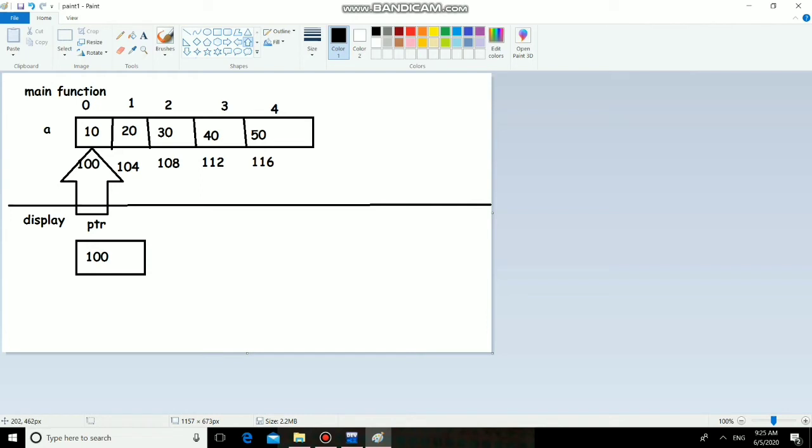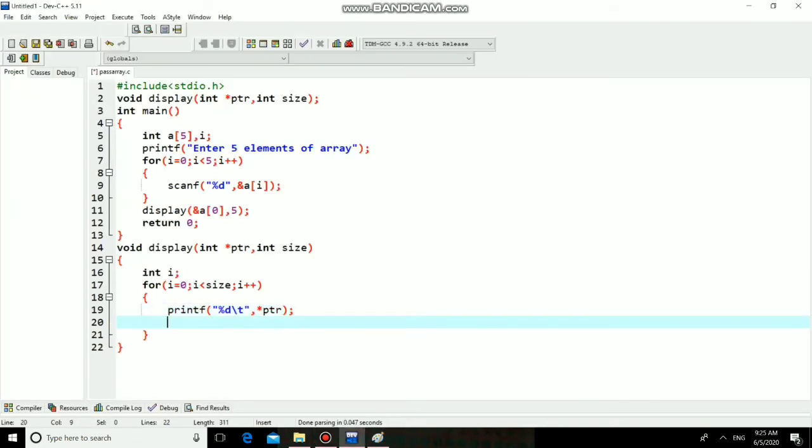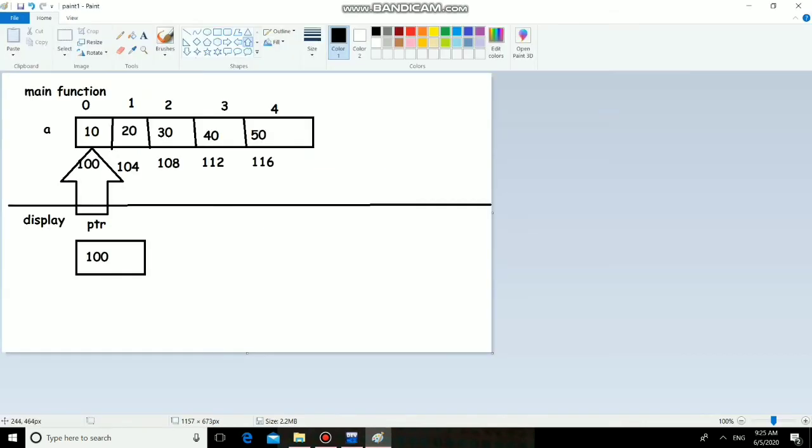To get 104 inside ptr, you should increment the pointer. Whenever we increment a pointer, it will be incremented by the size of the data type. The current value of ptr is 100.